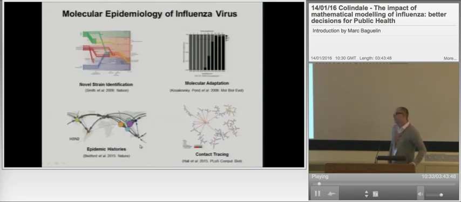So admittedly, sequence data is widely used in the field of flu research. I've indicated four broad themes. Clearly, novel strain identification is thriving. So here, this shows the history of the H1N1 strain that was responsible for the 2009 epidemic. The recombinant history was unraveled using genome data. You can also, there's a lot of studies focusing on the molecular adaptation, which is clearly important for a viral pathogen. Then, reconstructing, broadly speaking, migration patterns and epidemic histories for virus strains is also something that you will find,